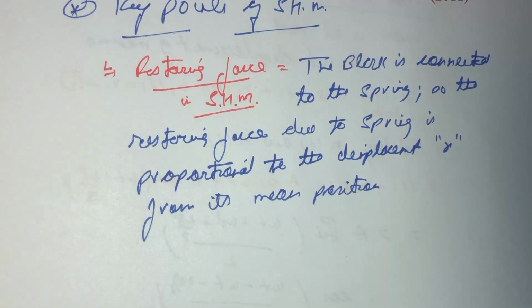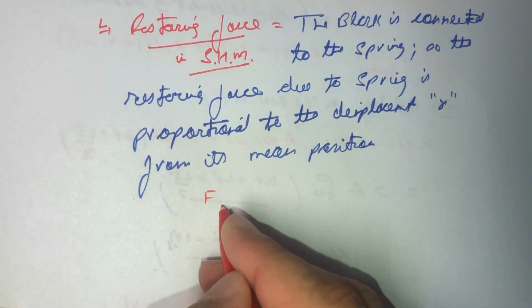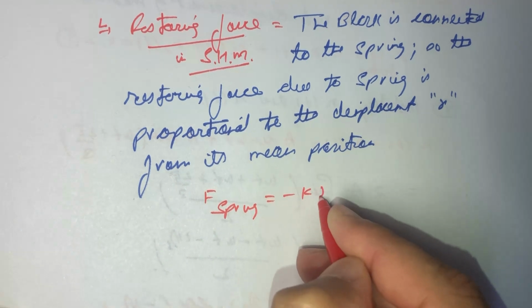Therefore, we can write that the restoring force, which is written as F spring in case of spring, will be equal to minus k of x,